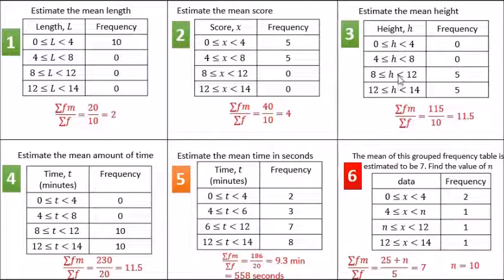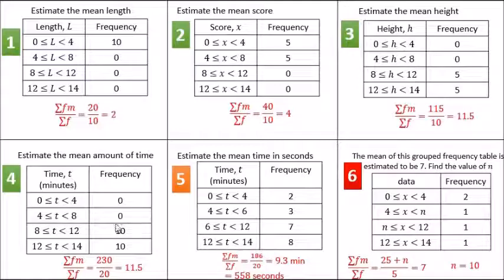This time it's split between these two groups, but notice that the width of this group being 4, but this width of this group being 2 is different. So the average wouldn't be 12 this time because 12 is not the middle of the two groups. We have a midpoint here of 10. 10 times 5 is 50, and we have a midpoint here of 13, and 13 times 5 is 65. So 50 add 65 is 115, divided by the total frequency of 5 plus 5 is 10, so we get